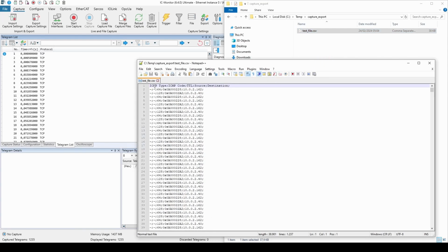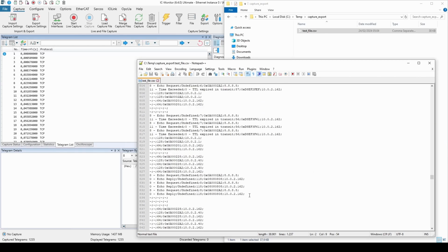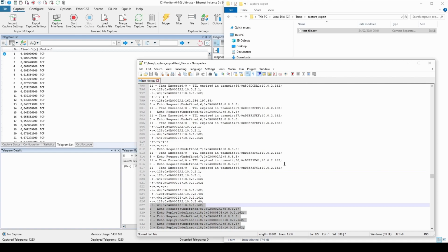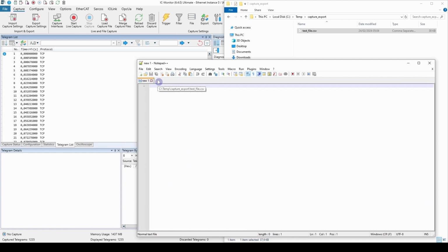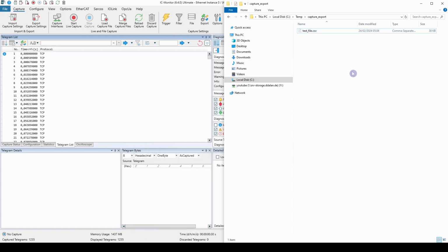As we can see, we have the columns up here and their headers, and underneath it we have the data we recorded. But as we're interested in ICMP, it seems very difficult to find the proper telegrams. You can still do it by scrolling through, but it's a little cumbersome. So let's maybe just adjust our export a little bit